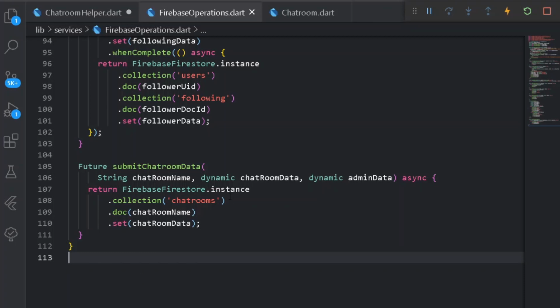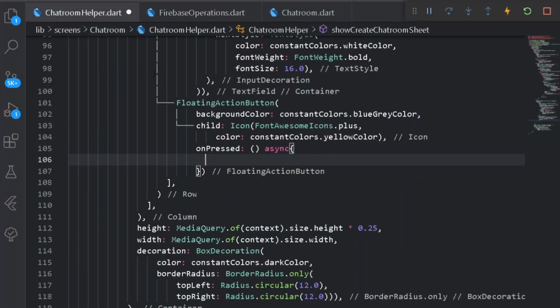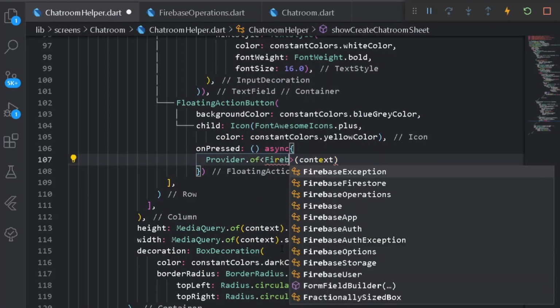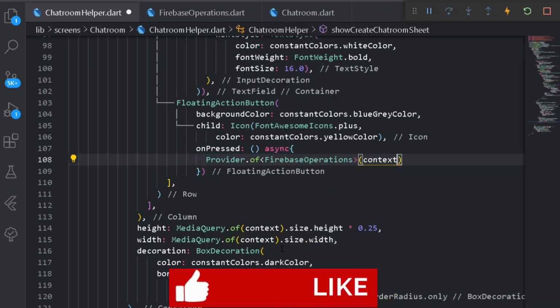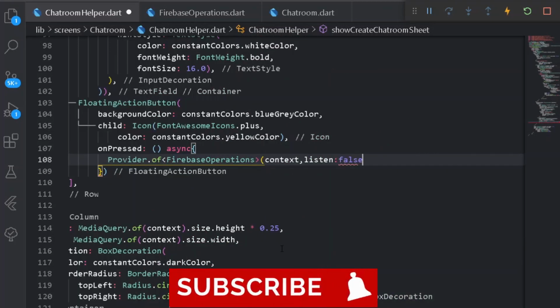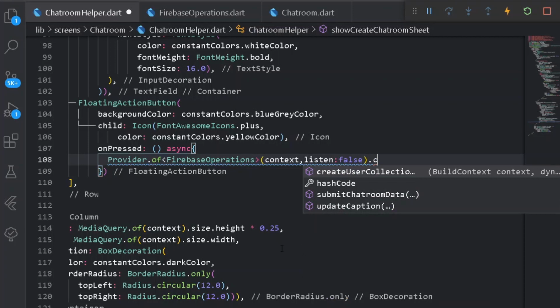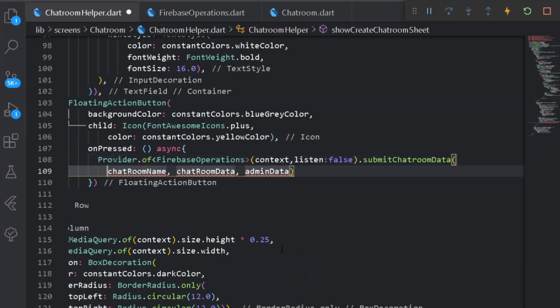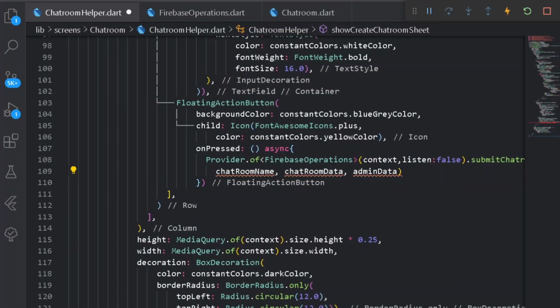So once this is done, let's go under our chat room helper, and here on pressing over it, let's have provider dot of, under a case of Firebase operations, and here let's have listen property to false, and after that we can simply say submit chat room data, and here under the particular chat room, first of all we shall be requiring chat room name.